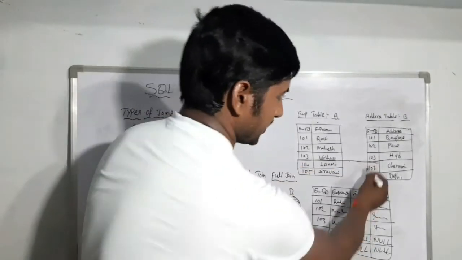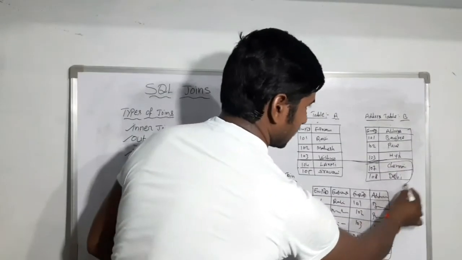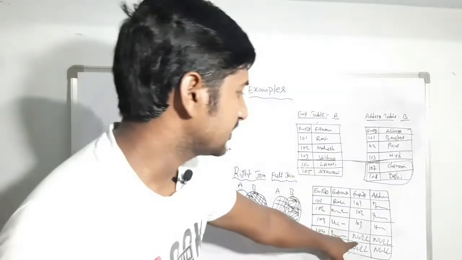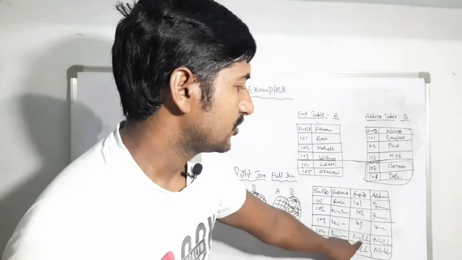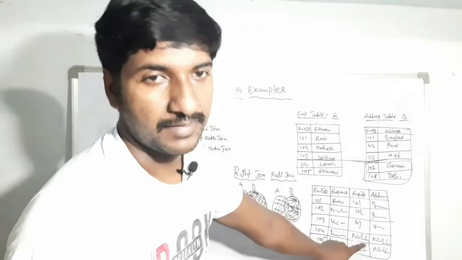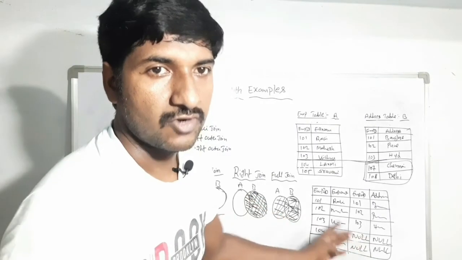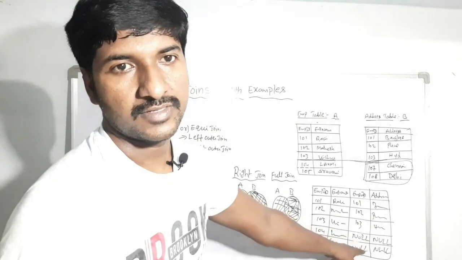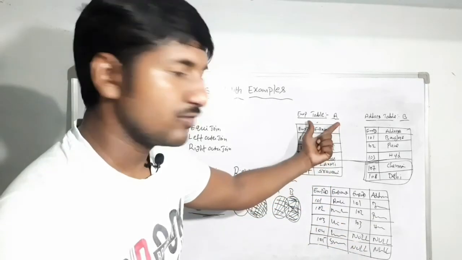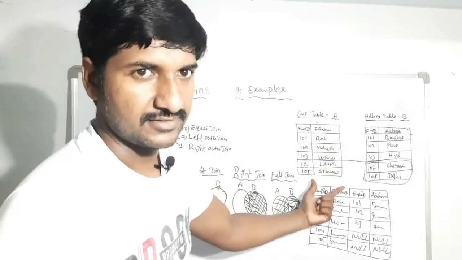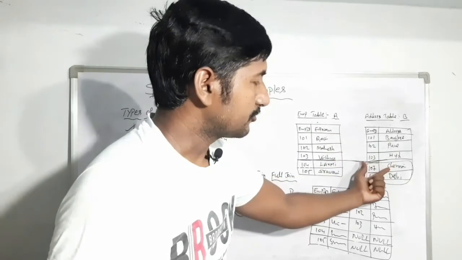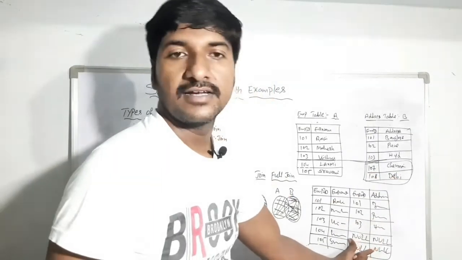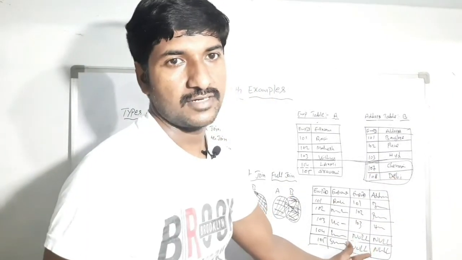Up to here matched records are there, but 107 and 108 records are not matched with the left table. That is the reason from the right table you are getting null values. Those are not matching, so you will get the output result as null values. From the left table you will get all the records as a result. From the right table, the matching records will be output, but not-matched records will be output as null values. I hope you are clear.